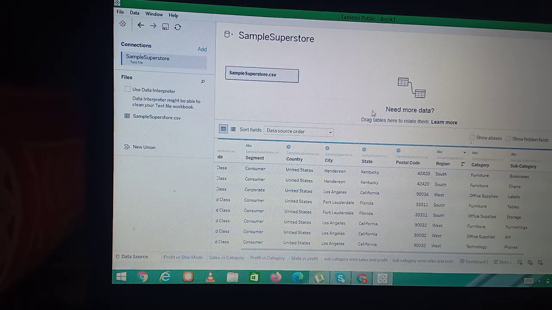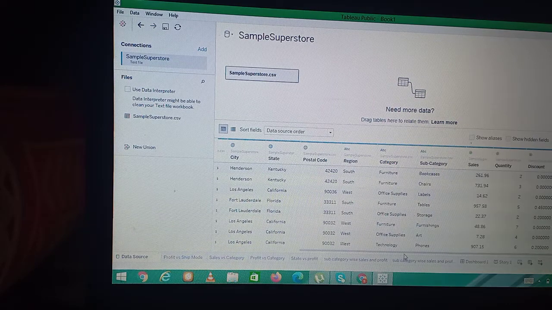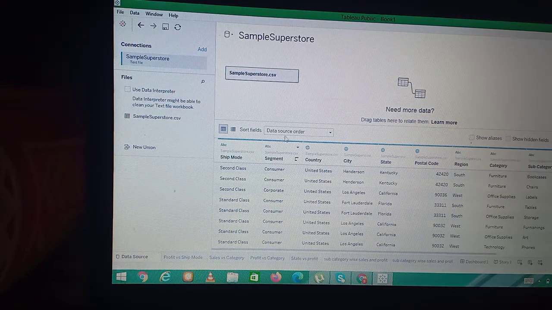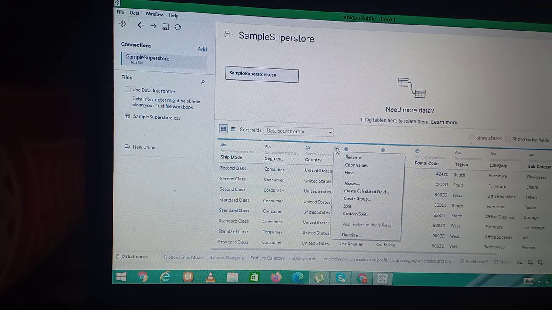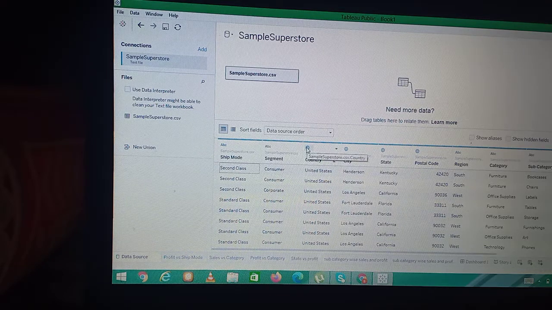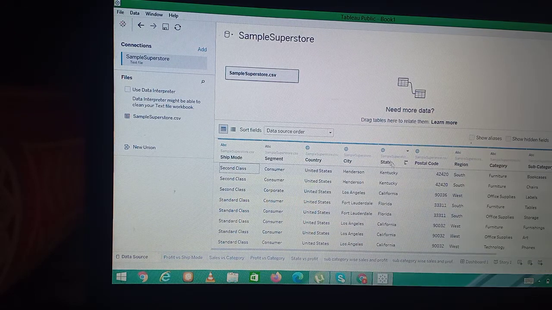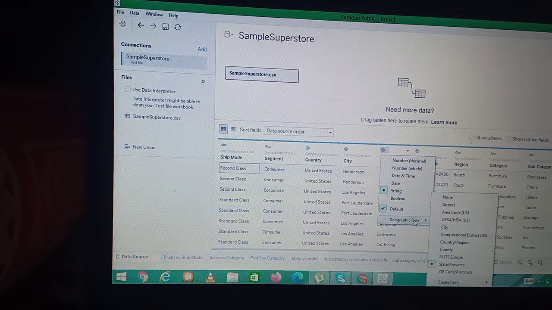So this is the data that I have uploaded on Tableau, and this is how it is shown in this. It's pretty cool. All the columns and rows are given. So now I've gone to the sheets. This is the data. So one thing is, these are the data types that are already given, like this is string. This is one pretty cool feature in this, that you can give it a data type like a country data type. So you can just give a geographic role to country. Similarly, the state thing to state, you can just do it.